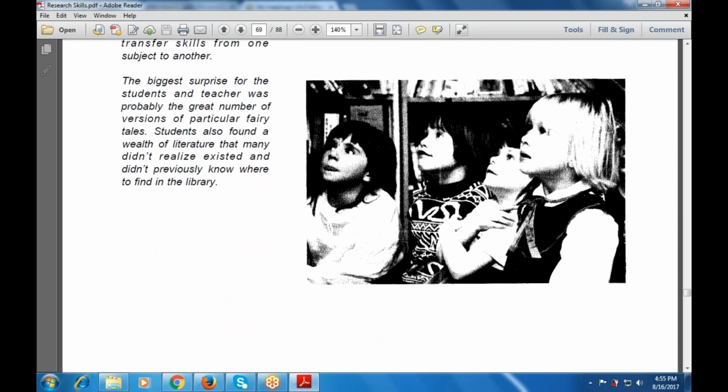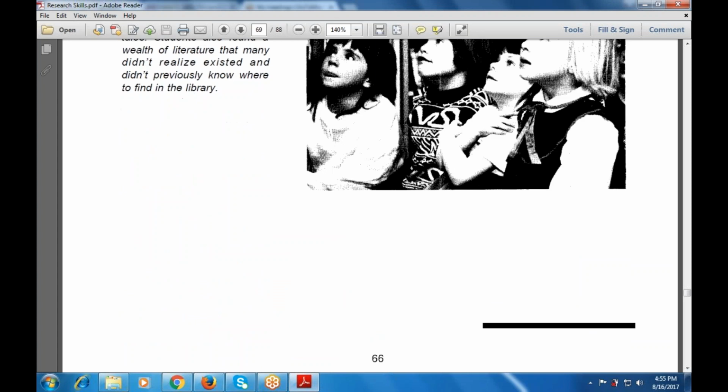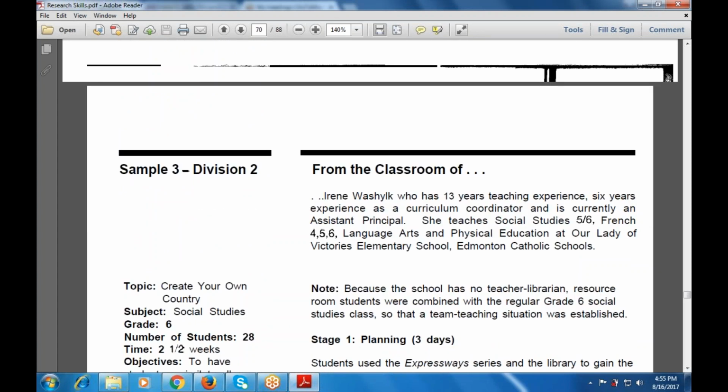Now look at this picture. This picture shows that they are looking at the projector and the picture, so they are learning fairy tales with the classroom activities. And because the school has no teacher librarian,